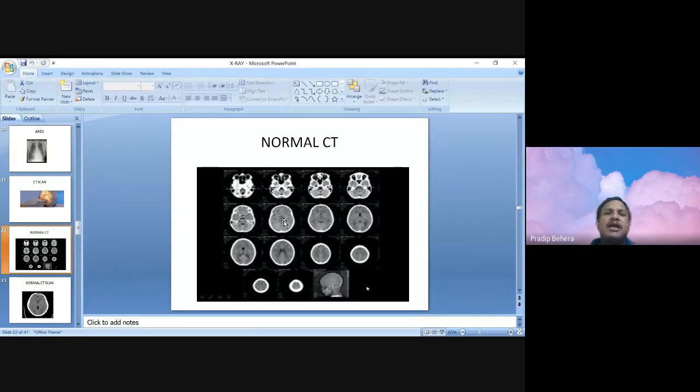But CT scan has its own advantage. It depicts any bony changes very clearly. Bony abnormality can be better detected by CT than MRI, and soft tissue things are better identified in MRI than CT scan. And acute blood, that is hemorrhage, is better detected by CT scan than MRI. That is why when any patient comes to the casualty with a head injury or acute unconsciousness, the CT scan is usually ordered. CT scan is usually taken from the base.